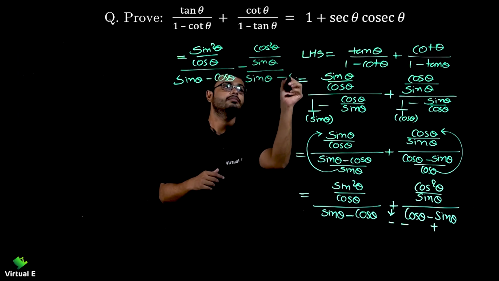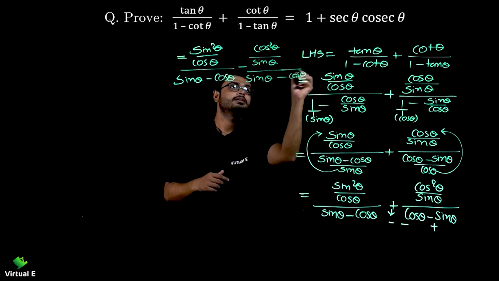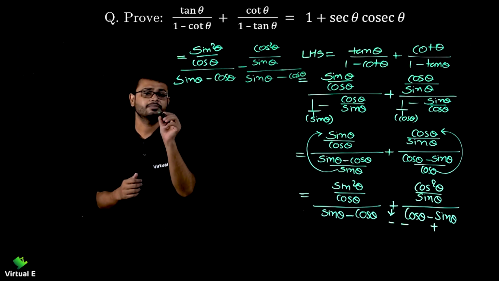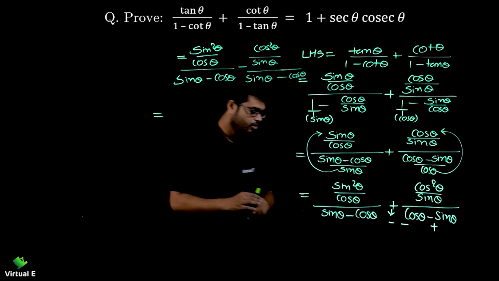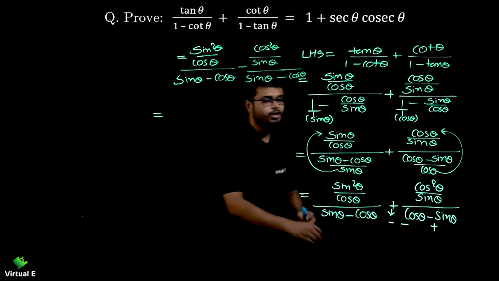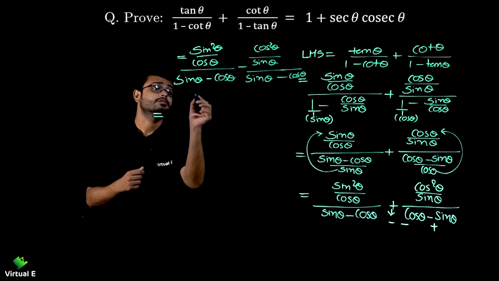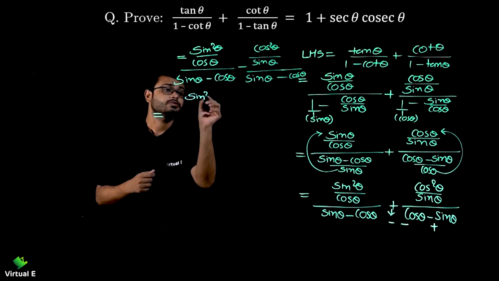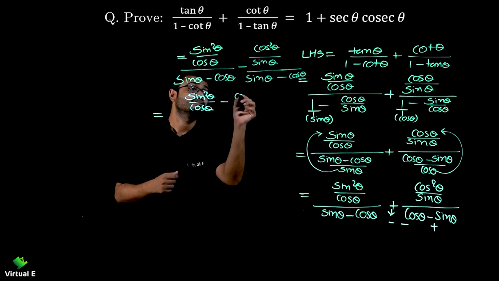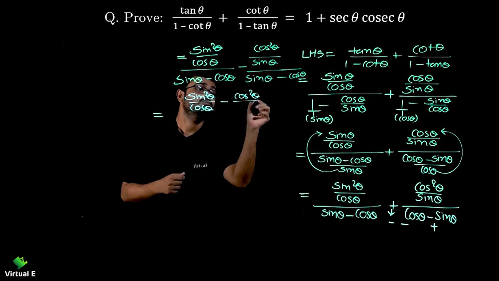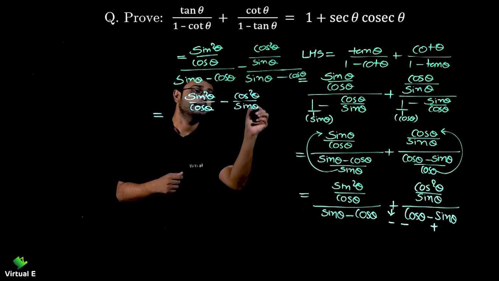Sin theta minus cos theta. Done? Now let's simplify further. So we have a common denominator, and when we have a common denominator, we add or subtract the numerators. So let's do it. Here, sin square theta over cos theta minus cos square theta over sin theta,